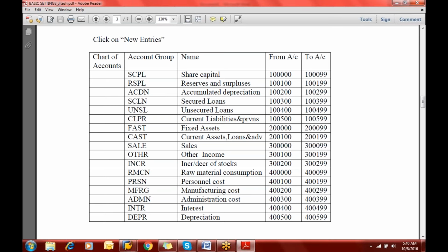Now if you observe, we have 17 account groups, so we have some liability accounts, asset accounts, expense accounts, and revenue accounts. All your liability accounts start with the first digit as 1, asset accounts start with 2, revenue accounts start with 3, and expense accounts start with 4. In this chart of accounts, we have given the length of the GL as 6 digits, and we have the account range starting from 100,000 to 100,099, which means that